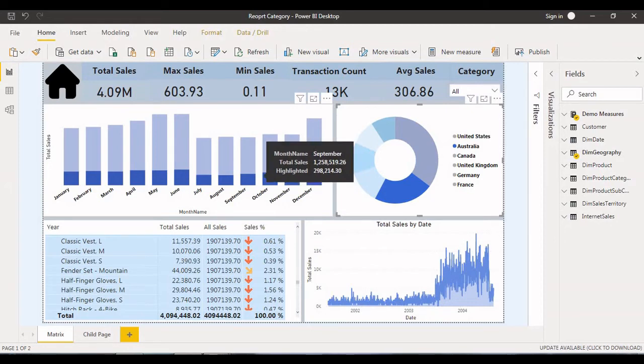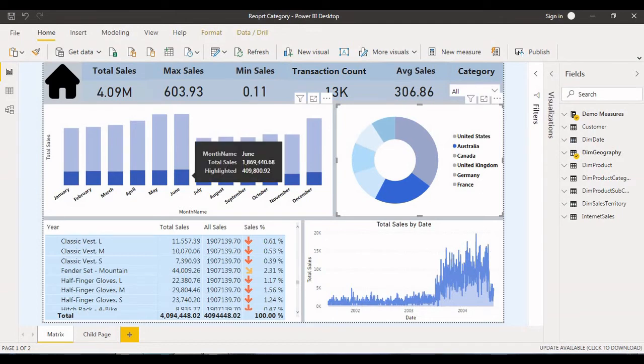In this month, for example, if I place the mouse here we can see that in Australia the total sales is 1869440, but for the respective country selection the sales amount is 49800.